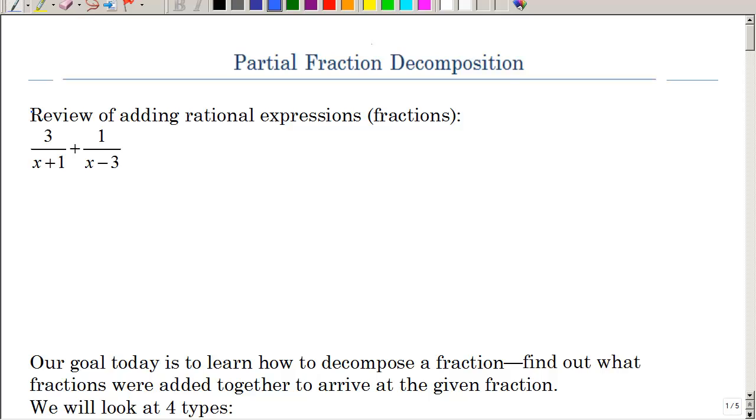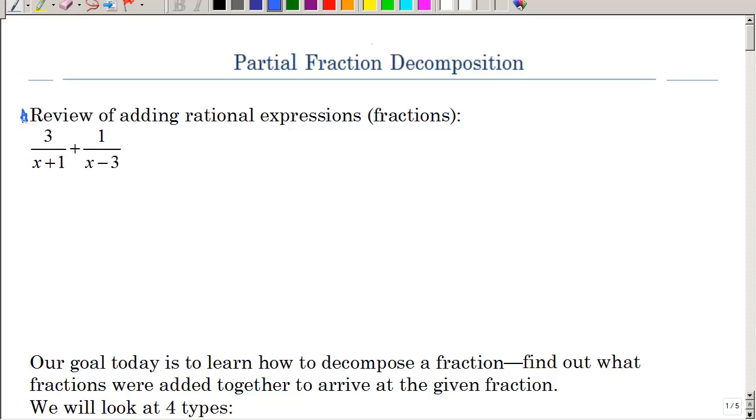In this lesson, we will be learning what is called partial fraction decomposition. Basically, we're going to learn how to take apart a fraction and see where it came from. But before we do that, we're going to go back and review adding two fractions, or adding rational expressions with